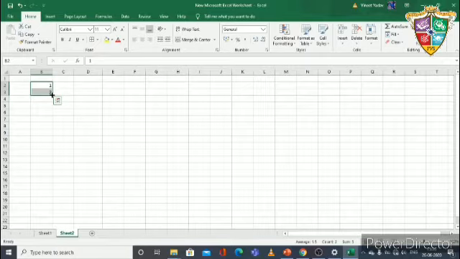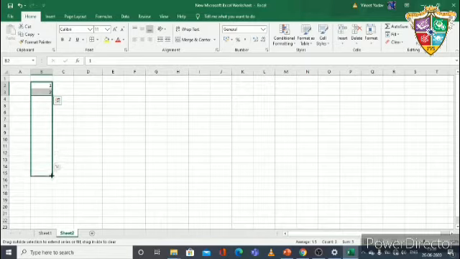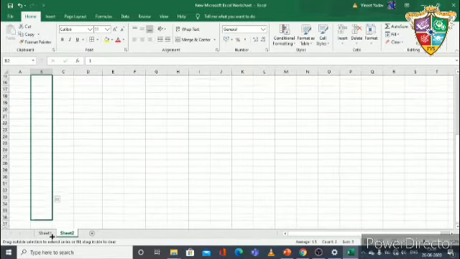Now press the left mouse button and drag it like this, and you can also see to the left of the plus sign it is written 12. So like this you fill the numbers 1 to 40.